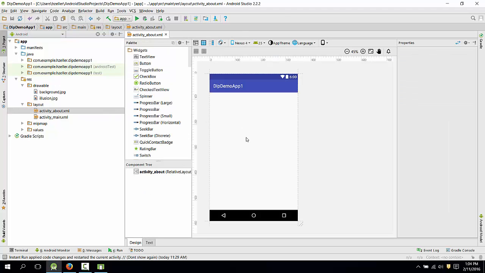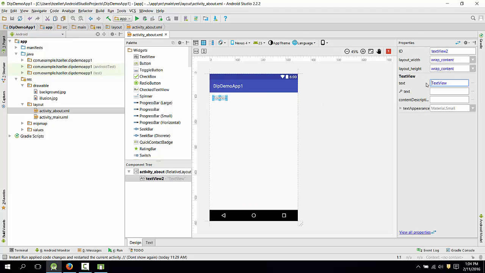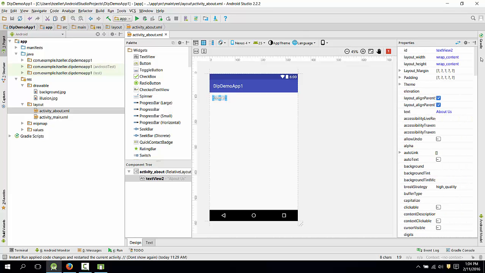So I'm going to add three things, and I'm going to add the background last just to show you how you can change it from sitting on top of things to sitting underneath where it should be. So we'll add our heading first. So I'm going to slide on a text view and type in the heading. Hit enter to see that refresh, and then to make this bigger you can view all properties,